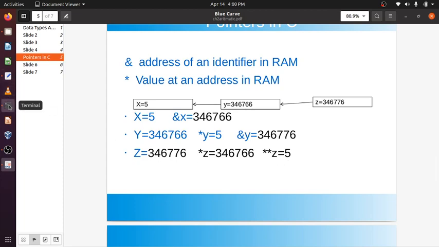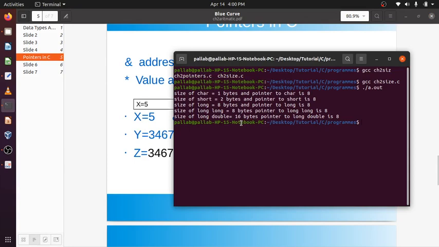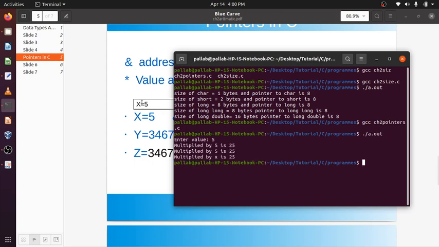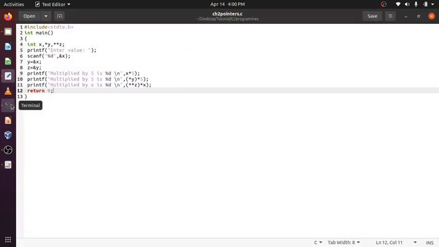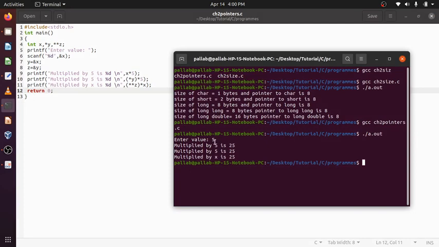Let's do it by an example. The value is 5.